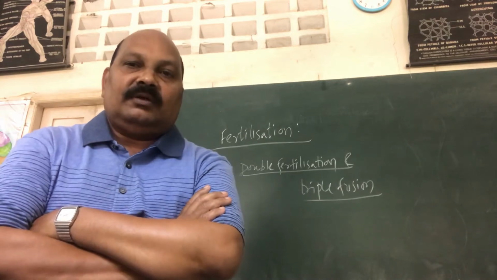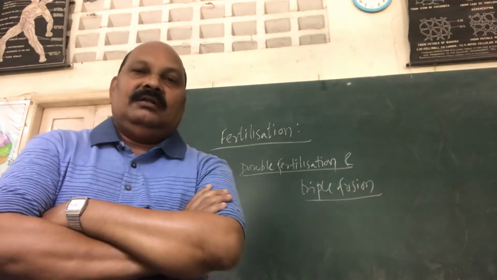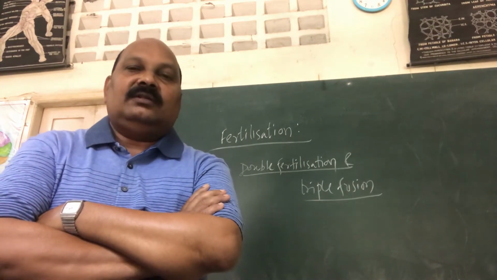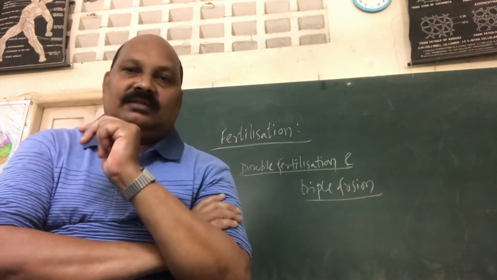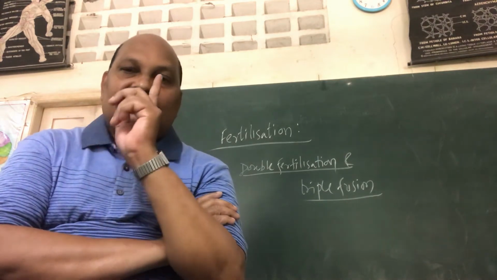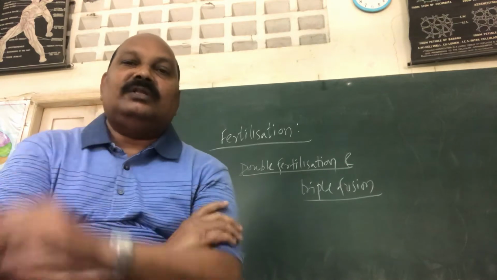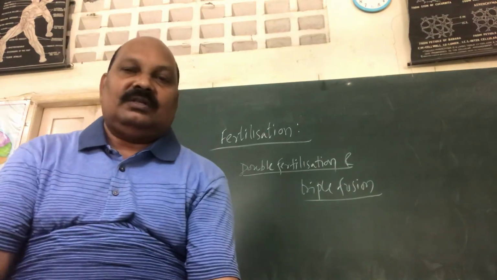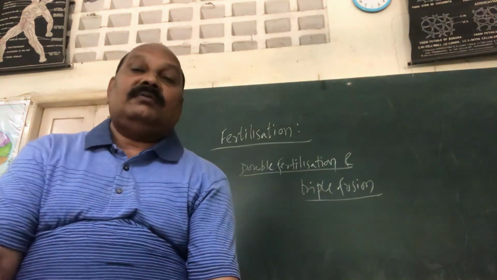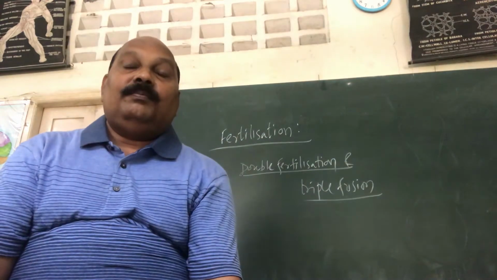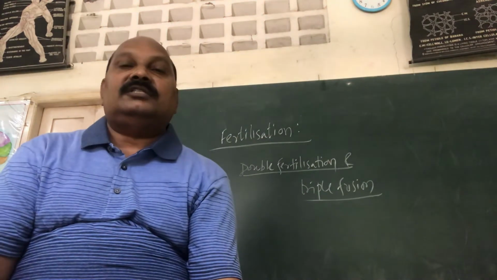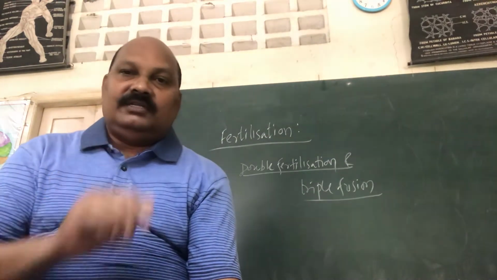Around 60% of the angiosperm plants, when the pollen grain lands on the stigma, it has only two cells. What are the two cells? Remember, one is the vegetative cell, the other one is the generative cell. That's all. In another 40% of the angiosperm plants, pollen lands at the 3 cell stage, meaning one vegetative cell,